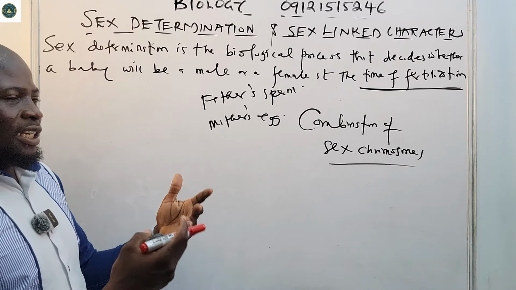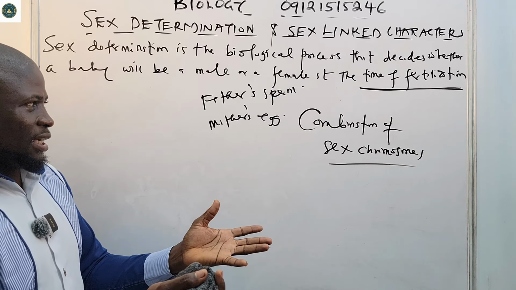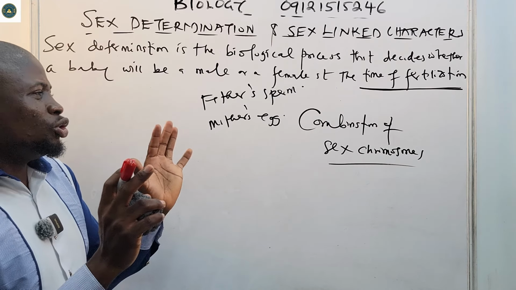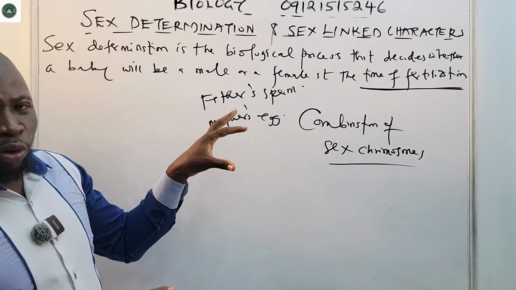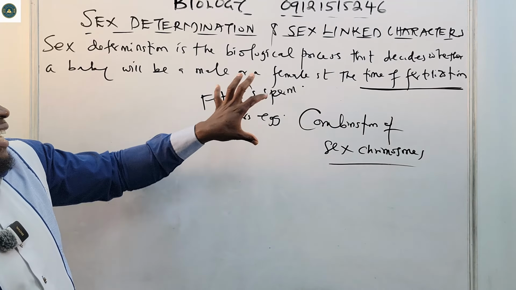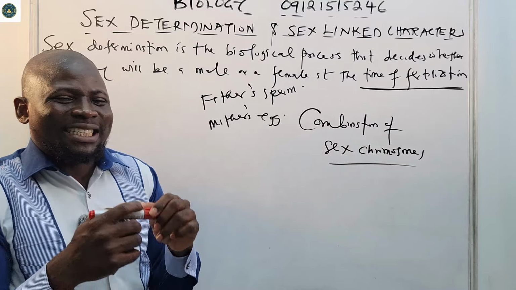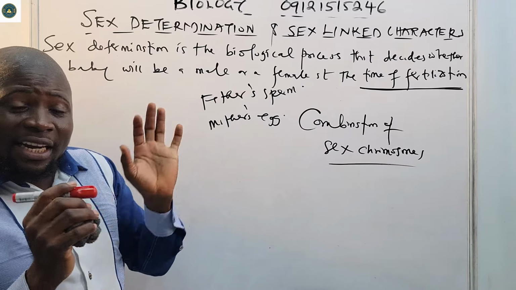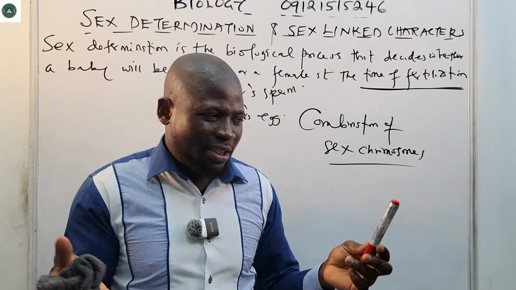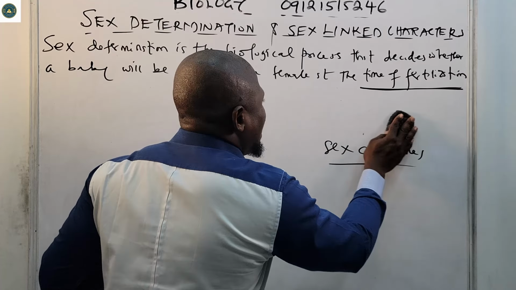So the father will release sperm, the mother will release an egg, and they will fuse to form the zygote. So it depends on the combination of the sex chromosomes that have been contributed by the father's sperm and the mother's egg. That's what determines the sex of a child. If this is very clear, this means we can proceed. And obviously, we know that a child can either be